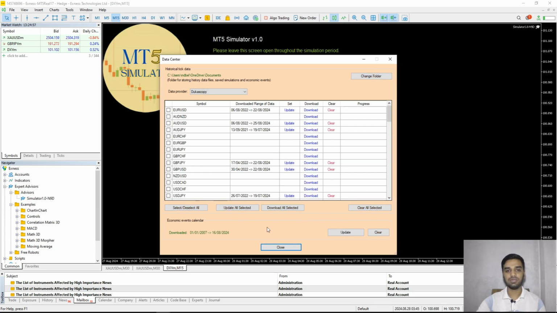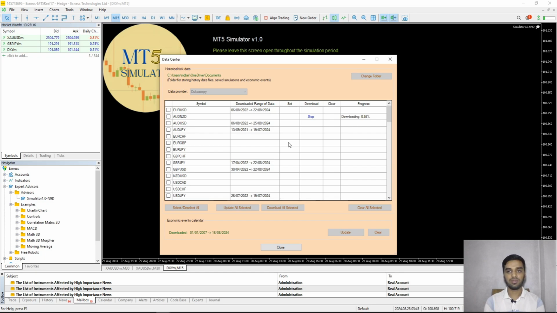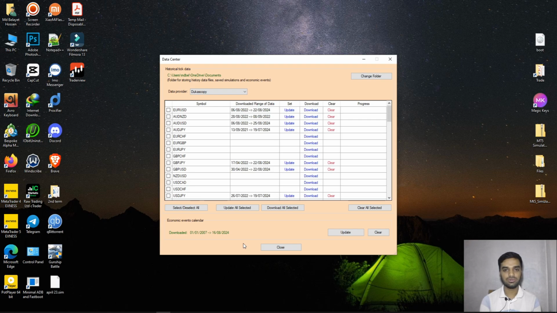I already updated my calendar, so as you can see, this is it. And if I try to download any pair data, you can download only the last 2 years of data. As you can see, the download has started on the pair. After downloading the simulator tick data,